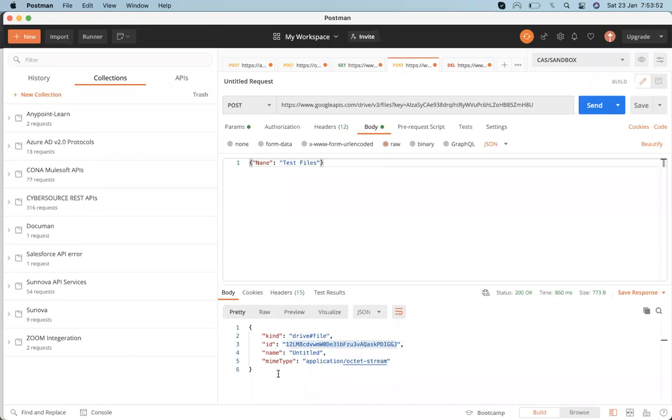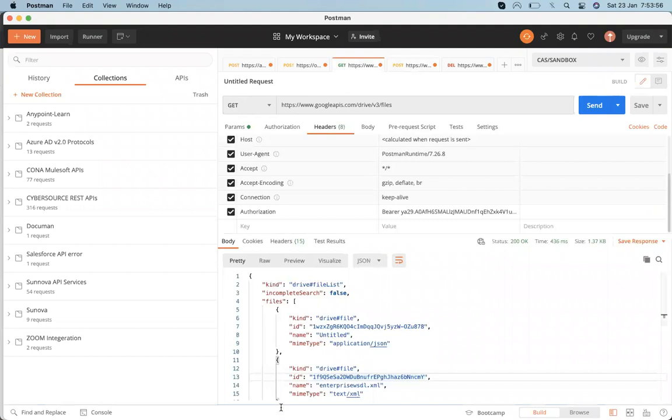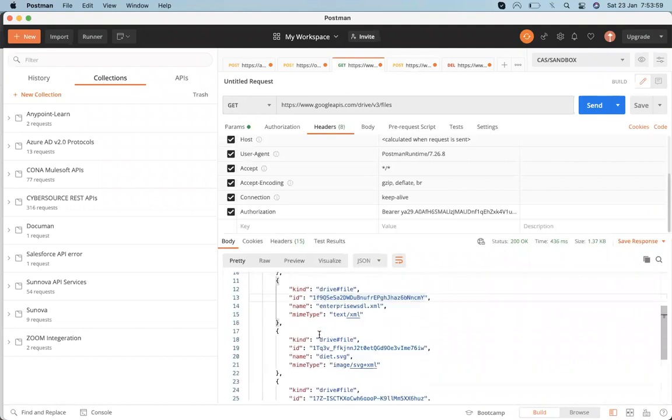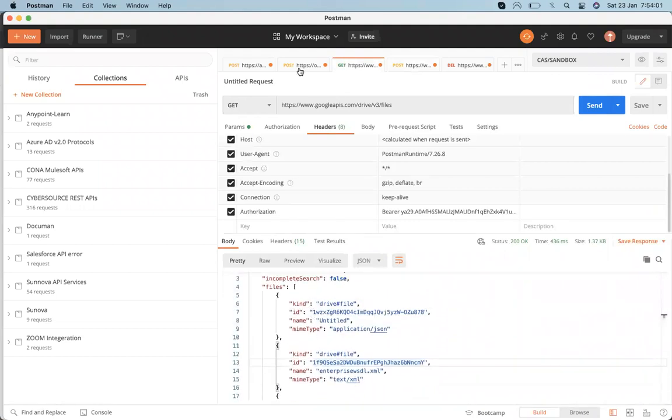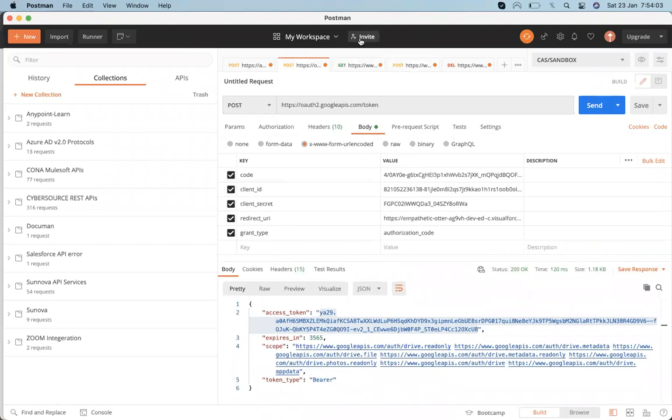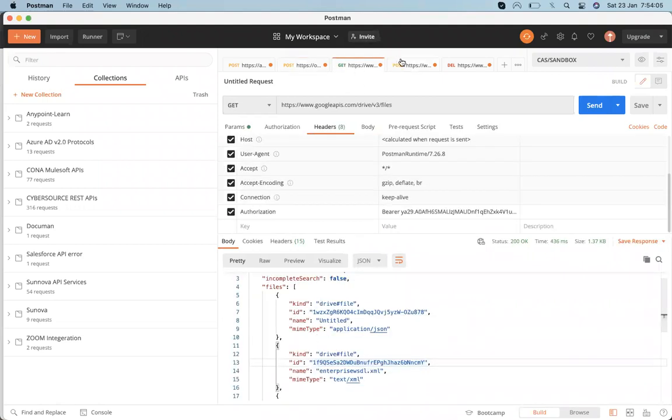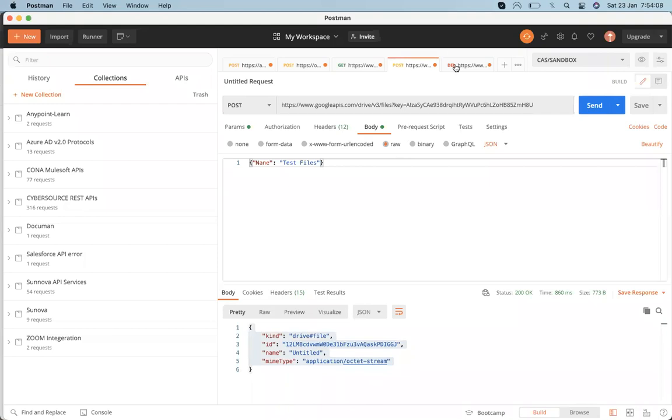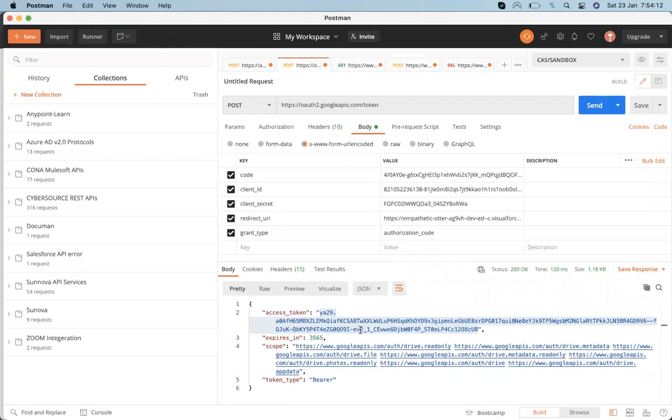the response we are getting is in JSON format. Any response that we are getting is in JSON format. You can see it is presented in JSON format. This is also presented in JSON format. Everything is presented in JSON format. That's why JSON is very important for transferring data from one place to another.